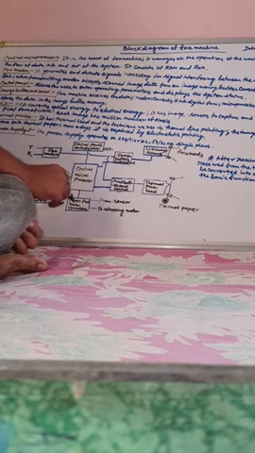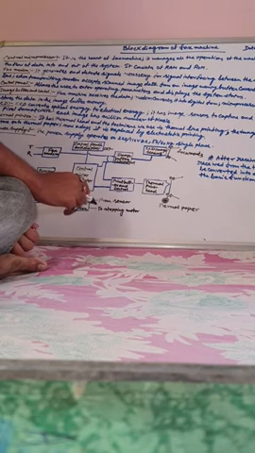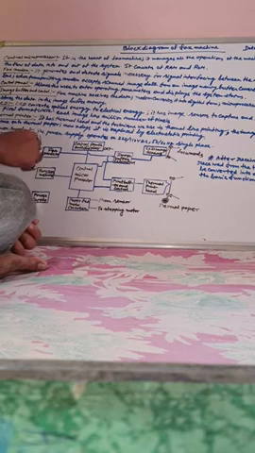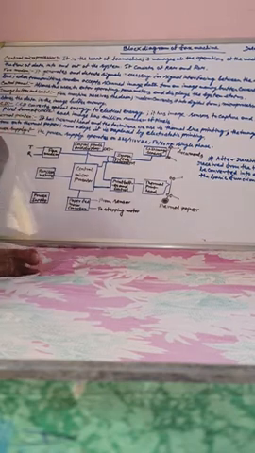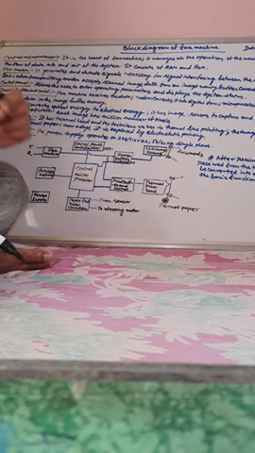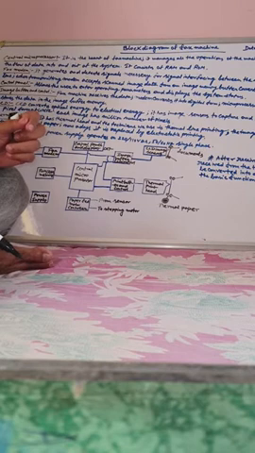The paper feed motor control receives the data from the sensor and sends it to the stepping motor. There is a power supply, there is a memory with RAM and ROM, and there is a fax modem. Now one by one we will learn the basics and the working principle of each block.